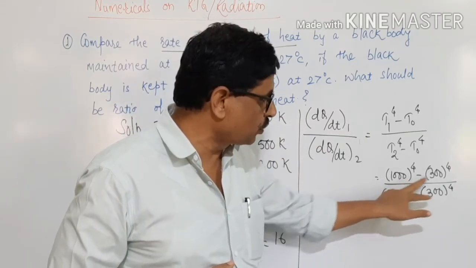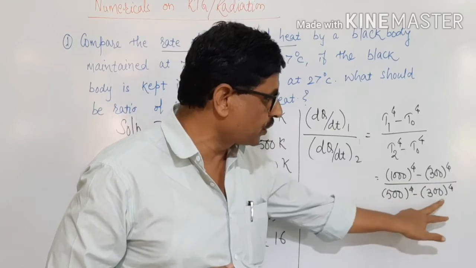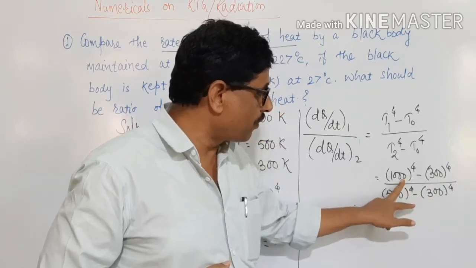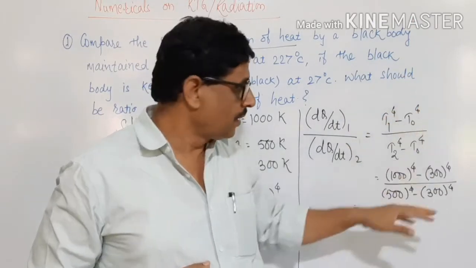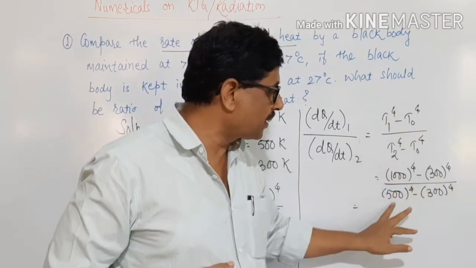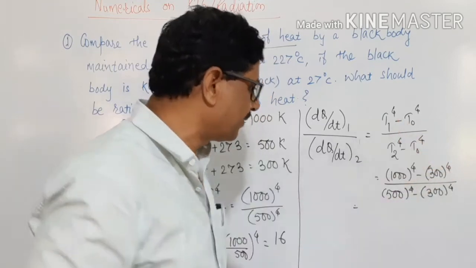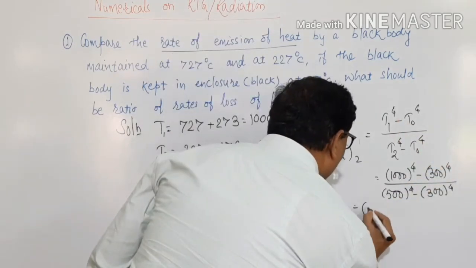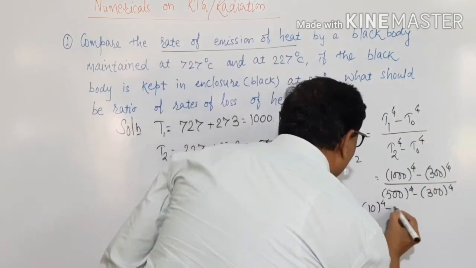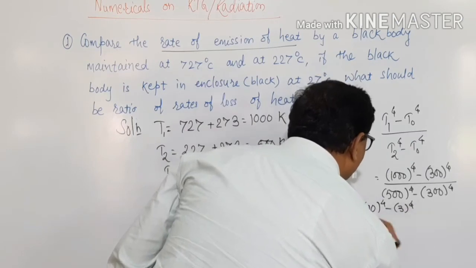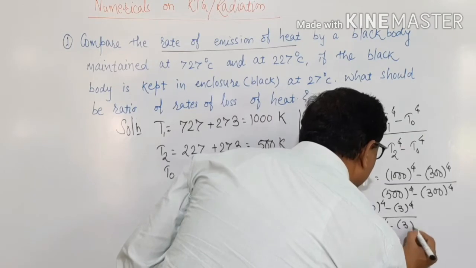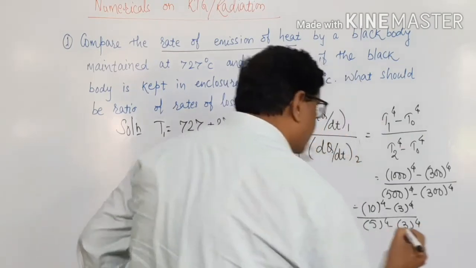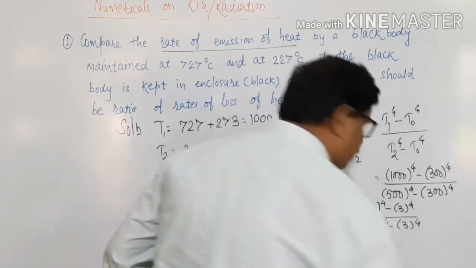Therefore 10 to the power 2 to the power of 4 means 10 to the power of 8. It will be common in the numerator and in the denominator, and that will get cancelled. Therefore what we will get here is 10 to the power of 4 minus 3 to the power of 4, divided by 5 to the power of 4 minus 3 to the power of 4, and it should be equal to